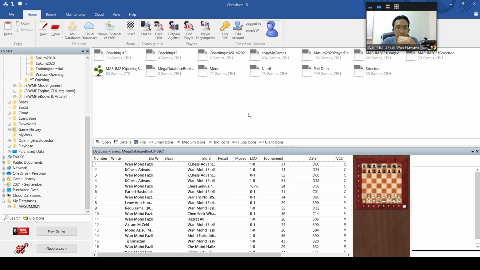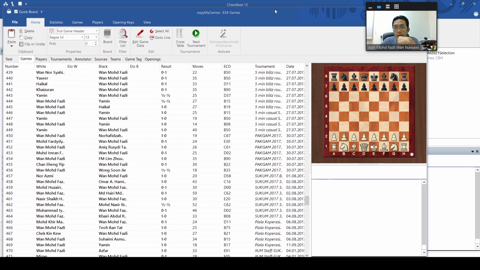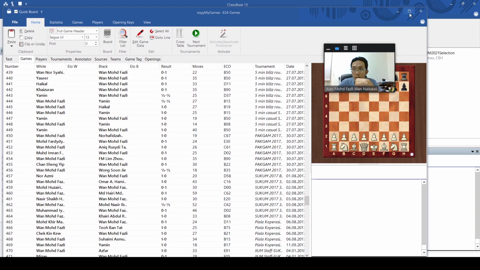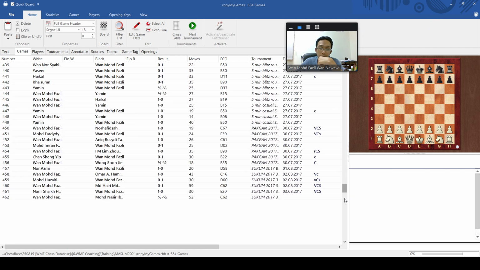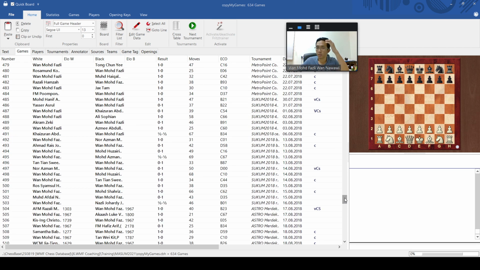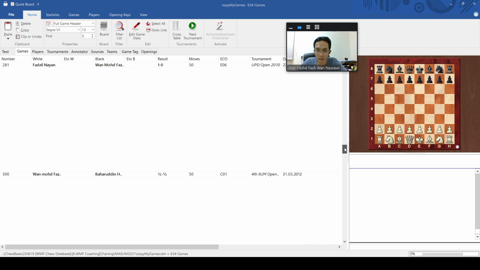This is basically the games that I put in my database. This is my own game. After the game I put the data here. So I want to show you the idea of preparing against the opponent. For example, in 2012, I think.